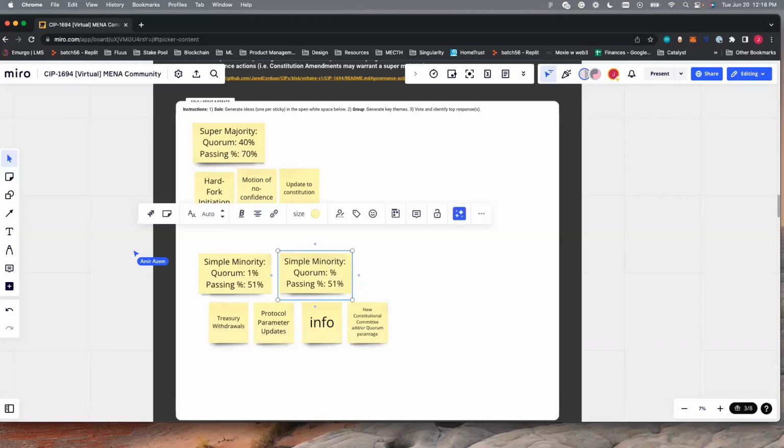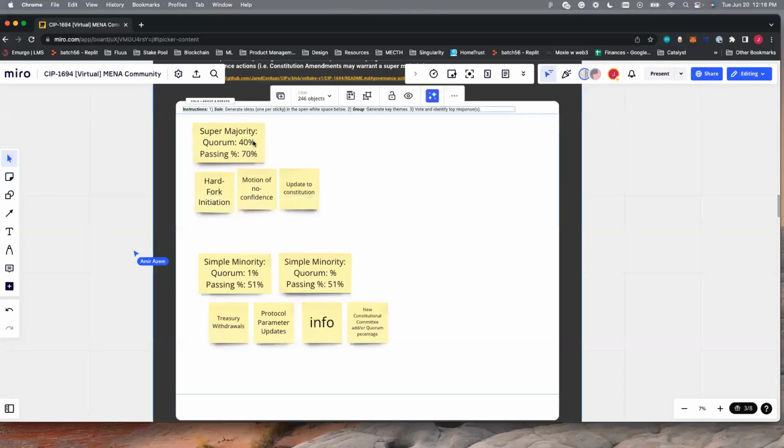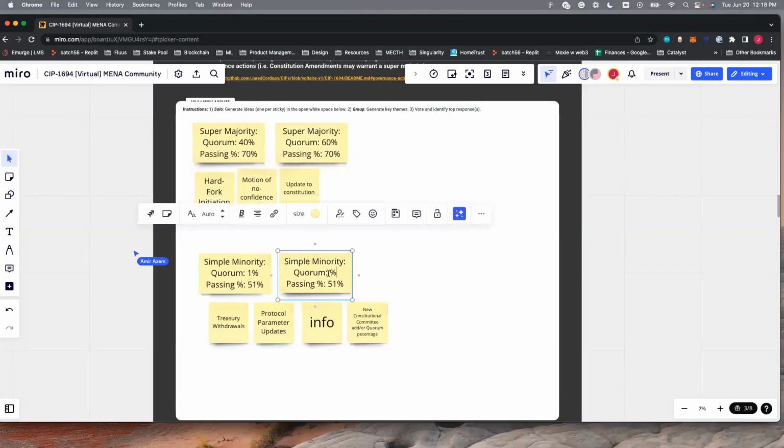We're talking just DREPs here? Yeah, DREPs, stake pools, and the Constitutional Committee. I would say, for the super majority, as much as what's staked today, I would go up to 70 or 60, because it should be that. As a quorum? Yeah, like participation. 60, yeah. Because today 70% of all the ADA is staked. All they need to do is press one more button to delegate to a DREP. That DREP votes on your behalf.